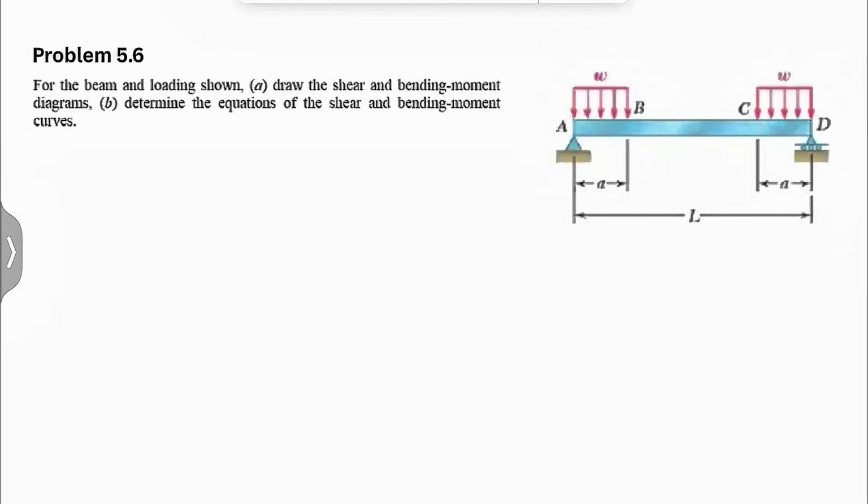Alright guys, welcome back. We have another question from chapter 5 of Mechanics of Materials by Beer and Johnston, and for the beam and loading shown we need to draw the shear and bending moment diagrams, and in part B we need to determine the equations of the shear and bending moment curves. So as always, as we talked about in the previous videos, we're going to start with the free body diagram,